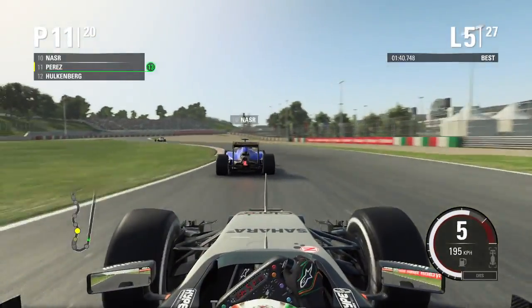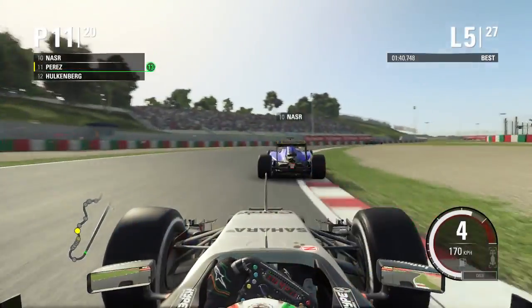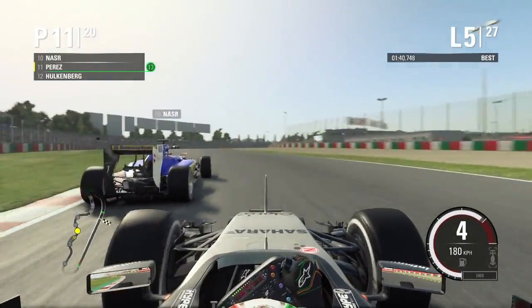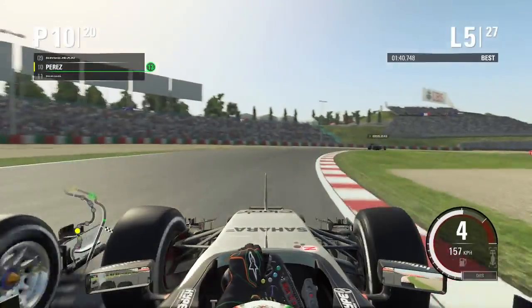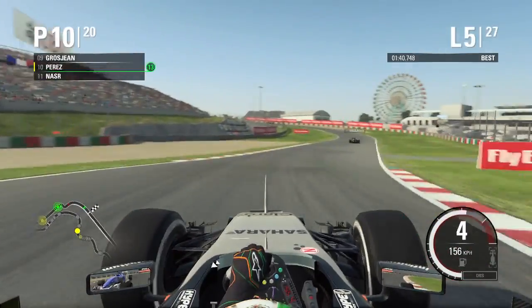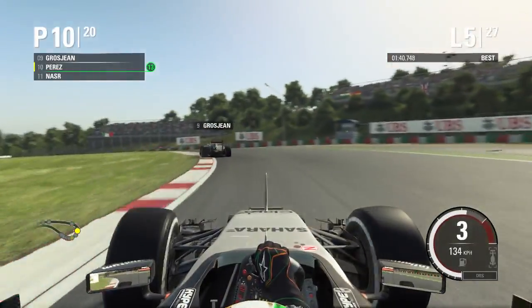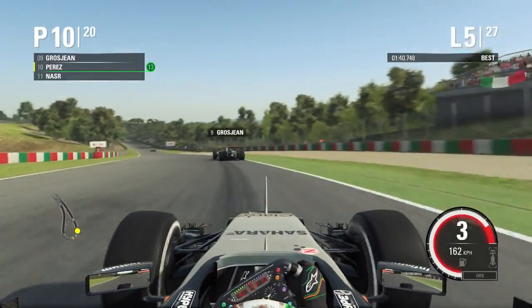And skipping later on, we're on the back of Felipe Nasr on lap number 5, and as you can see, we're going through the S's, and Nasr has had a pretty good race so far, having a P10 into the points, but I'm about to ruin that for him as I take P10 up the inside of the S's there. A lovely little move, he just left the gap open there, and I took the gap and went for it, and as you can see, we're now into the points, and we're now on the back of Romain Grosjean,